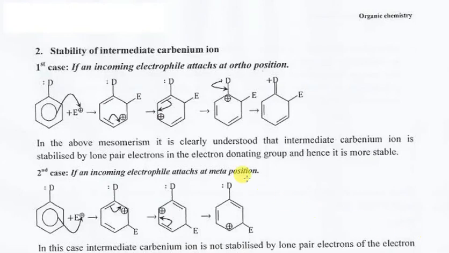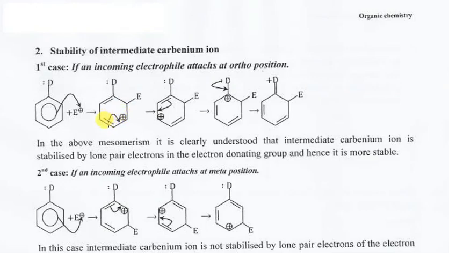So the second thing is about the stability of the intermediate carbonium ion. In the first case, if an incoming electrophile imeattach at ortho position, in the above mesomerism unaweza kuona kwamba huyu hapa ameenda ku donate electron kwa nani? Kwa electrophile. Electrophile huyu hapa akisha donate electron kwa electrophile ataattach pale kwenye nani? Kwenye ortho. Akisha attach kwenye ortho, maana yake tutakuwa tuna positive charge pale, ambapo positive charge hiyo anaweza ka accept